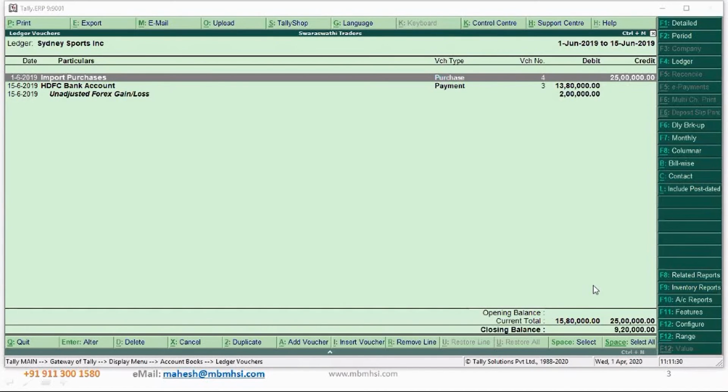So this is just a notional loss till you make the full payment. Okay, it will not tell you what is the actual loss. And if you are closing your books of accounts, this 2 lakhs is what you need to account as loss, because as on 15th of June, as per the exchange rate that is available with us, this is the loss. Okay, it is not 1,20,000, it is 2 lakh. You can't take it for the partial payment, you have to take it for the whole bill amount.